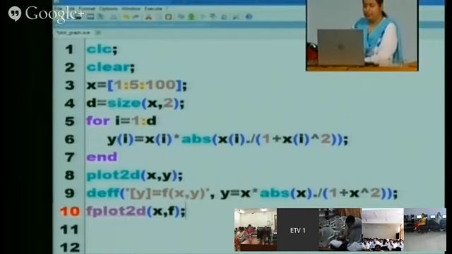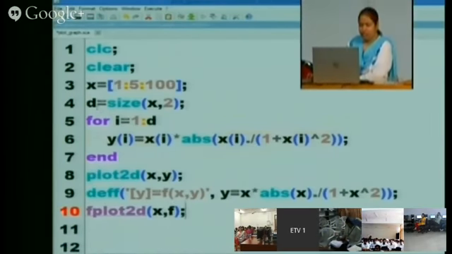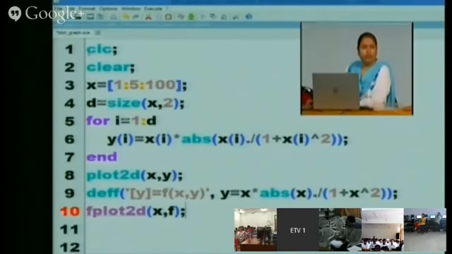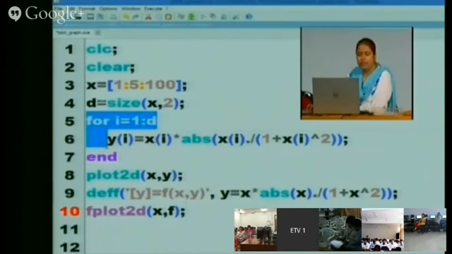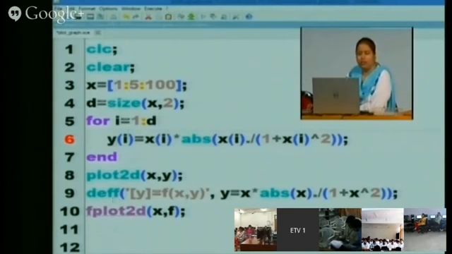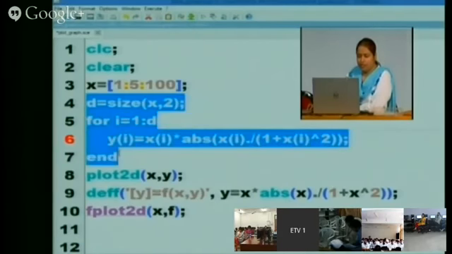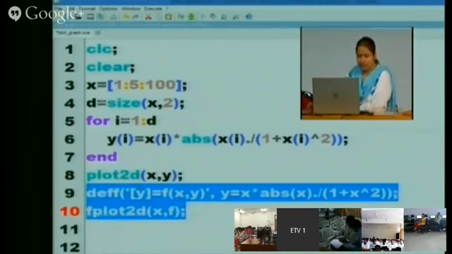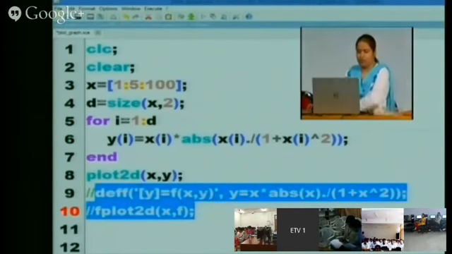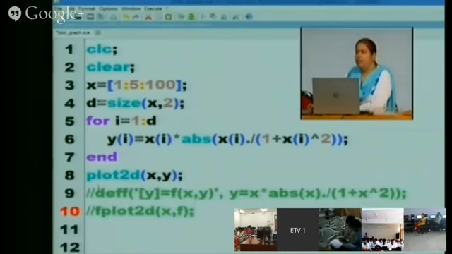Now see what I have done. I have written the code in both these styles. I can plot either by using this for loop or by using the function declared in the main program only. So let me use this first. I have commented the 9th and 10th lines.